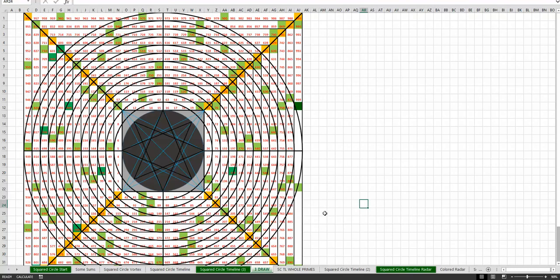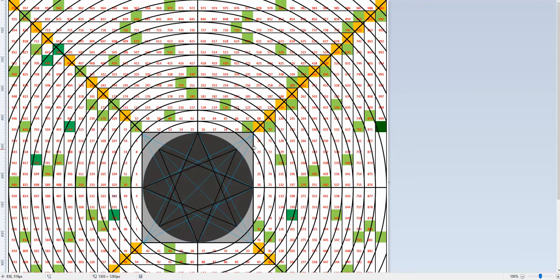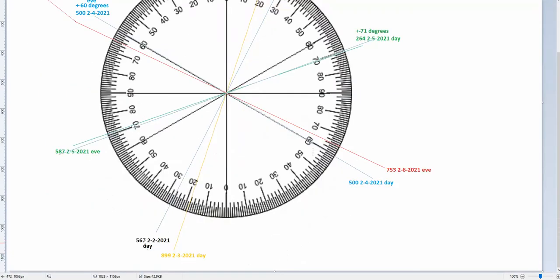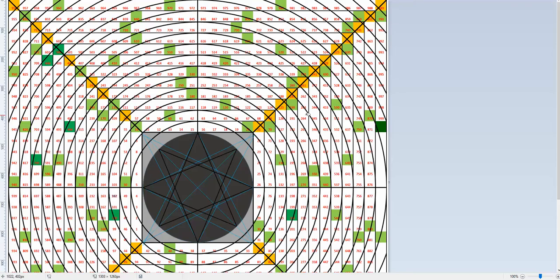But what I thought about next was just finding the numbers to see how this thing lays out. I just copied that and pasted it here so I could see, and it will show up a little better. So I went and I found, say, February the 2nd. The numbers were 567 for the day draw and 624 for the evening, and 624 is